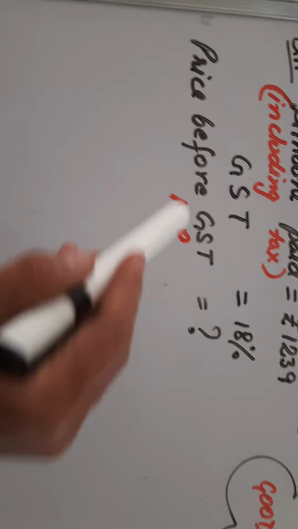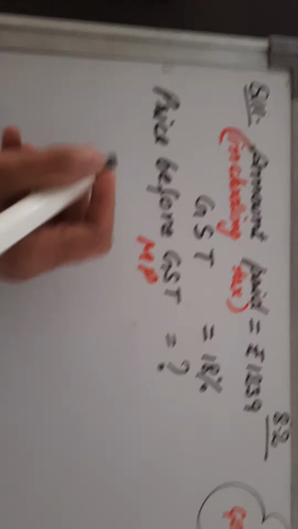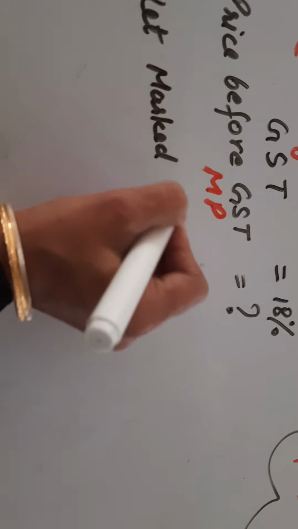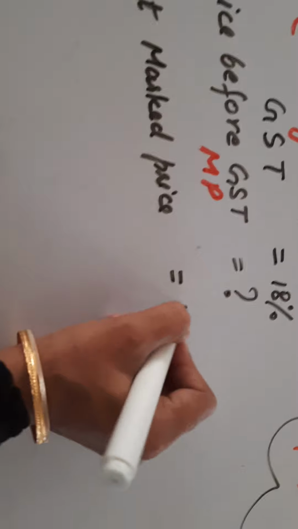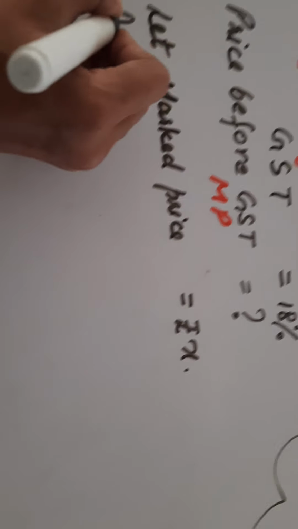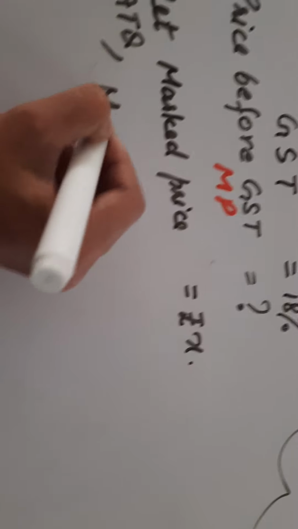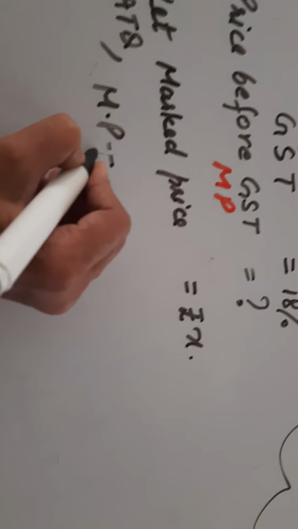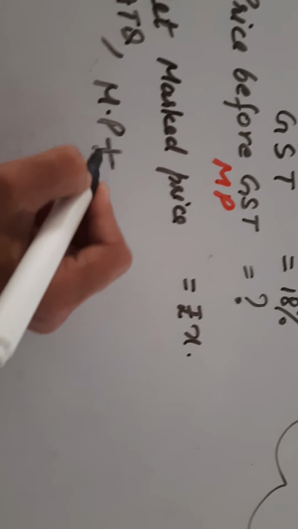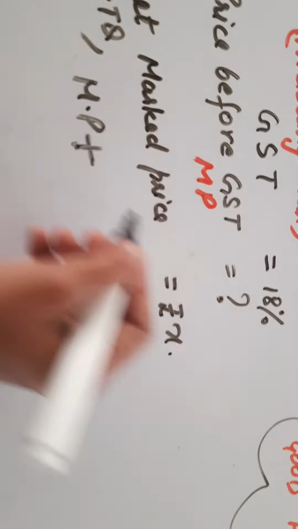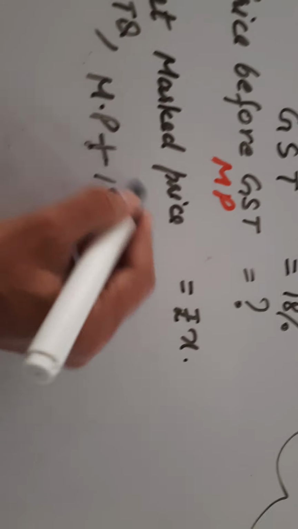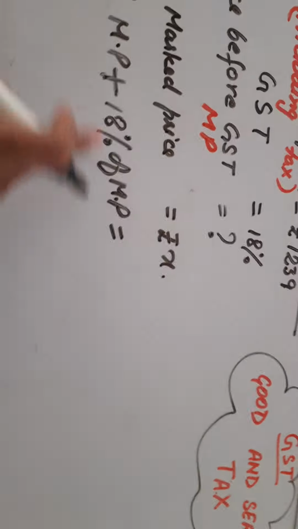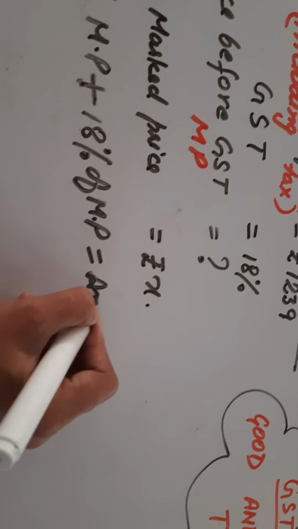So whatever they will ask you, that will be a statement. So we will write, let the marked price is equal to rupees X. So now according to the question, marked price, now GST tax is there, we will add it. Discount is subtracted from the marked price and tax is added to the marked price. How much tax we have to add? 18%. Percent of what? Of marked price. And the amount paid after this is the amount paid.